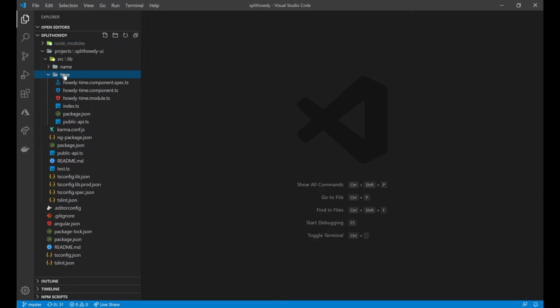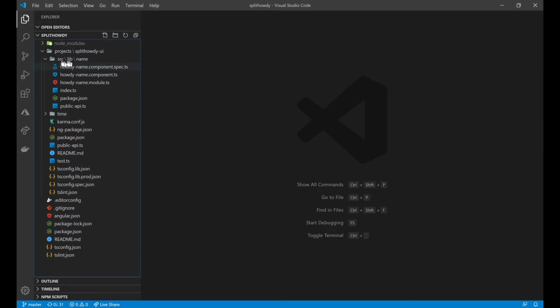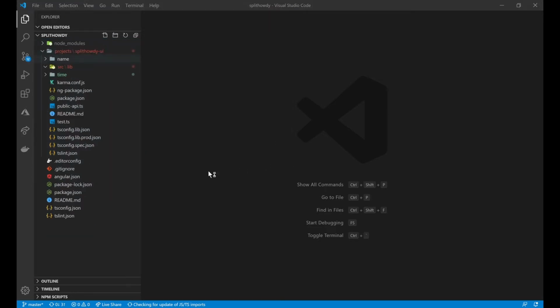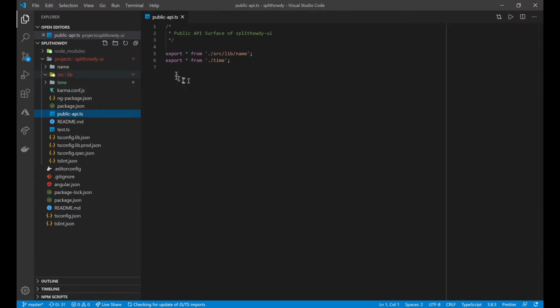Select the folder, move it up. Same thing with the other folder that contains our name component. Move it up. It's going to say update inputs for time. Just say yes for now. Okay, just modify those for us. All right, so now we need to